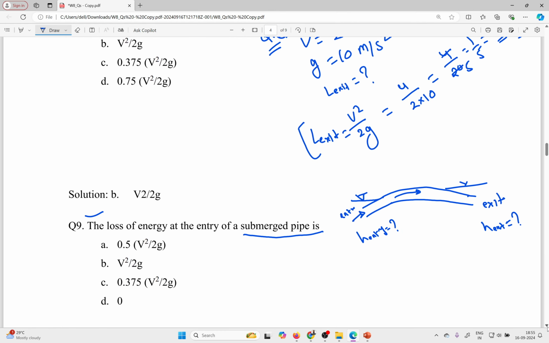So which option will be correct? And you need to calculate for question number Y. If your velocity is 3 meter per second and G value again 10 meter per second square, then what will be your